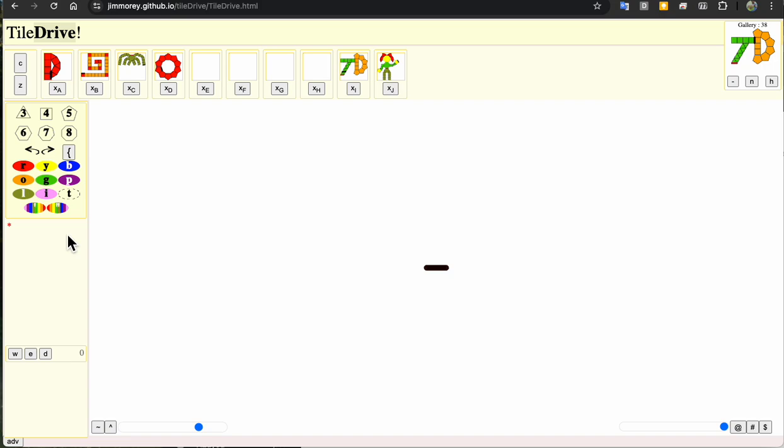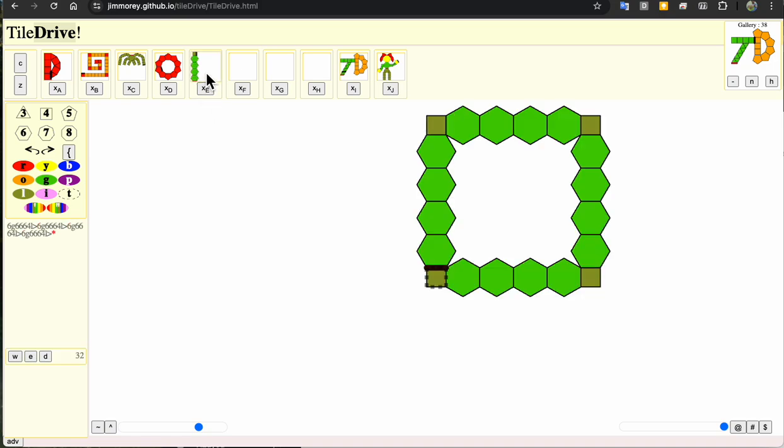And this time what I'm going to do is say 6 green, and then 1, 2, 3, 6, 4, and then olive, turn. And then what I'm going to do is I'm going to pop it up here in the E bank here and just go XE for cut. And now I'm going to just use it 4 times. And you can say, oh, that's kind of cool. Maybe a little bit interesting. But,